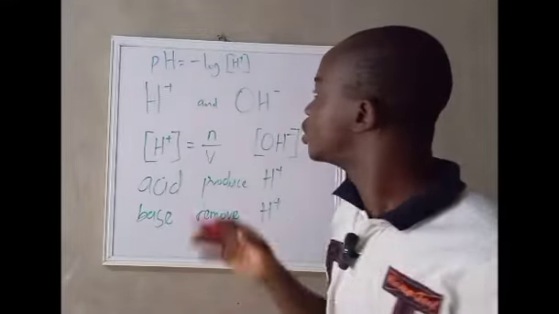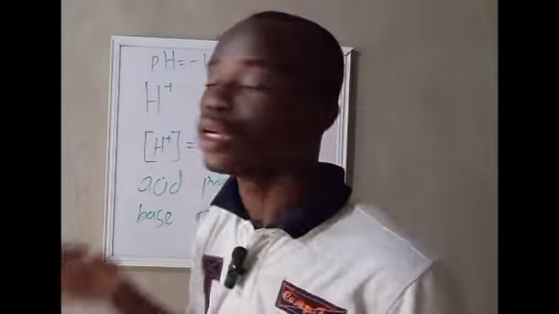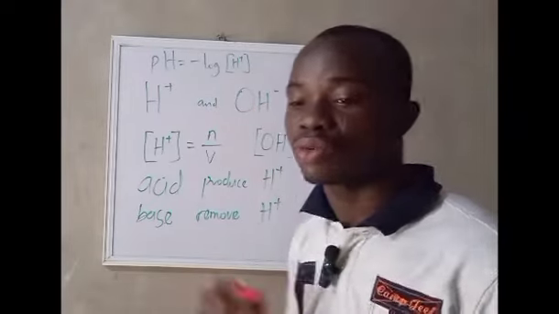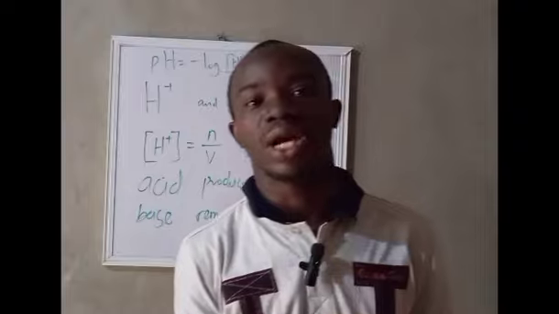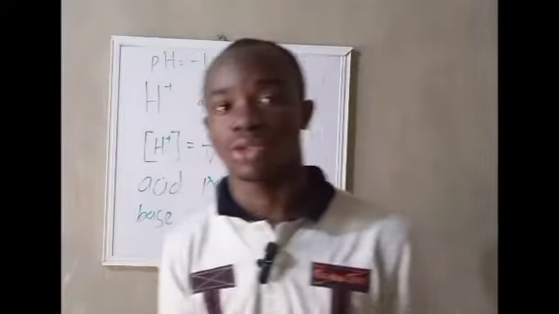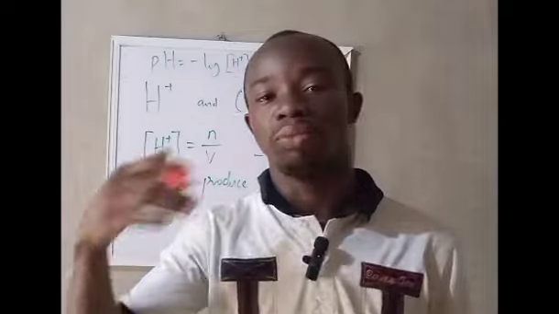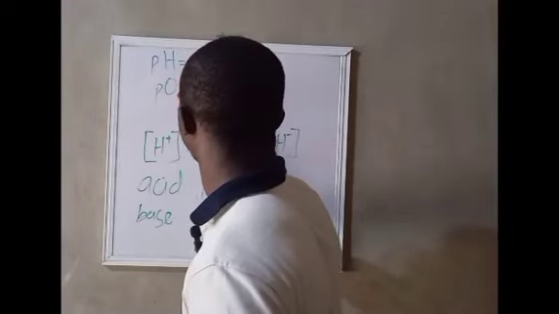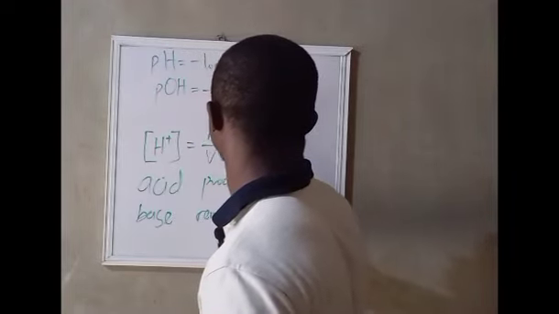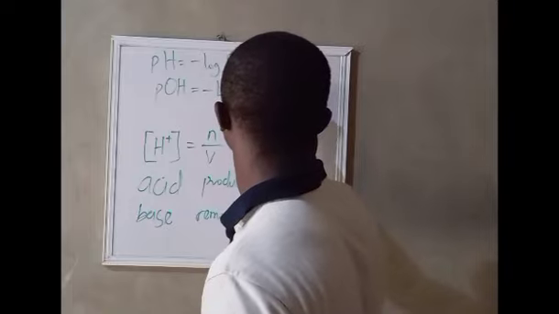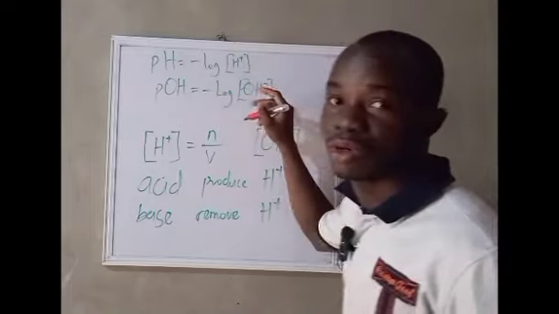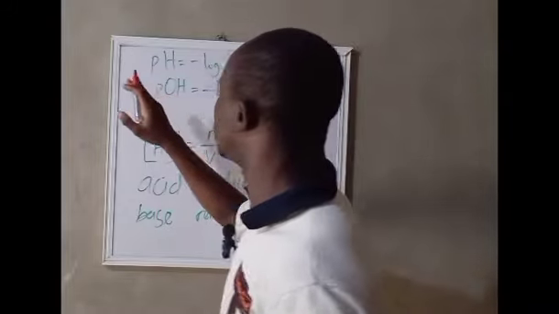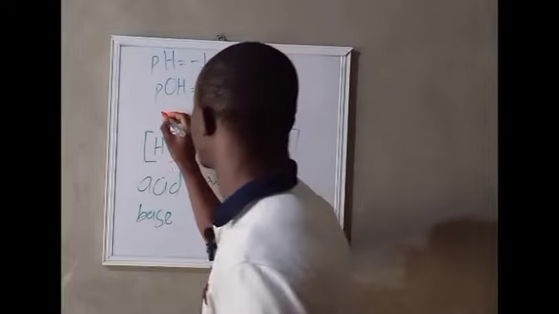So you can determine the amount of H plus and then use the amount of H plus in molarity to determine the pH. But you can also get the pH from the concentration of the hydroxide ion. For example, if you are given the concentration of the hydroxide ion in a particular solution, you can use that to determine the pH, because we also have pOH, which is equal to minus log of the concentration of OH minus. So you can use the concentration of OH minus in a solution to determine the pOH, and the relationship between the pOH and pH is given by